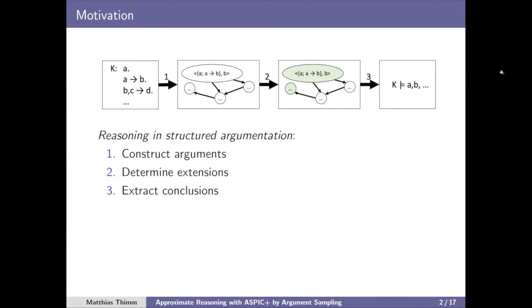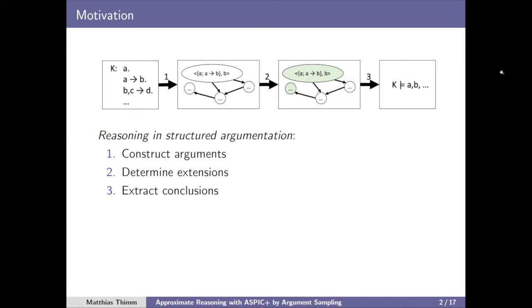So we determine extensions, determine which arguments are, for example, credulously or skeptically accepted. We take these arguments, extract all the conclusions out of these arguments, and these conclusions are then the inferences with respect to our original knowledge base. So this is done in ASPIC Plus, for example. It's also done in a similar way in ABA, and also in a similar way in the newer version of deductive argumentation. Defeasible logic programming is a little bit different, but this is essentially the main pipeline for structured argumentation